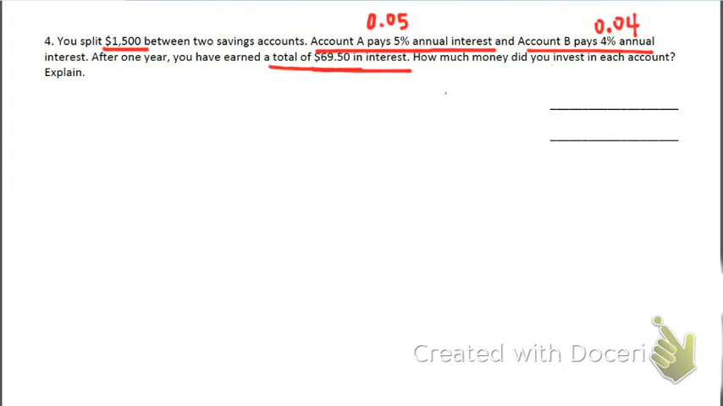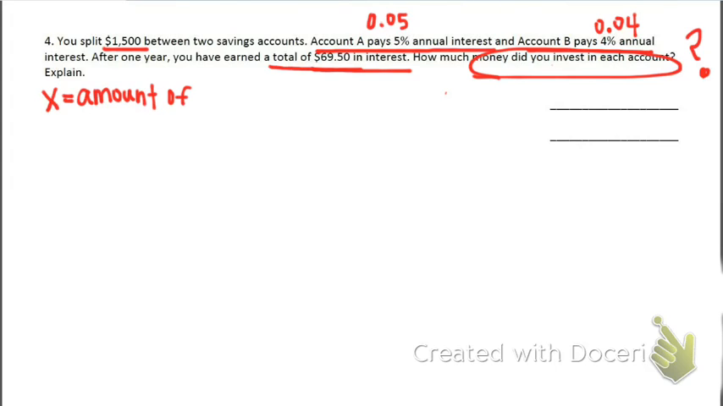How much money did you invest in each account? And that's the question that we're trying to answer. So we're trying to answer how much money I put in account A and how much money I put in account B. So those are going to be my variables, okay? So X is going to be the amount of money in account A, and Y is going to be the amount of money